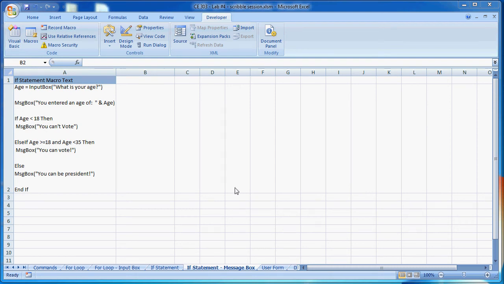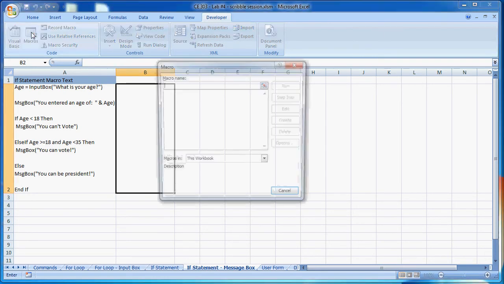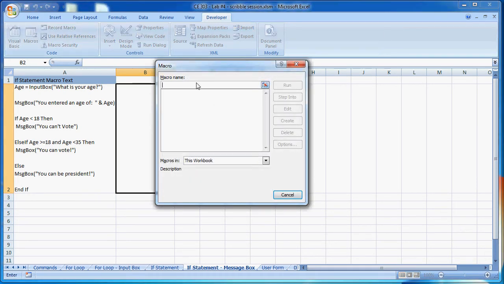In this tutorial we'll show you how to use a message box, and we'll do that in conjunction with an if statement. The if statement we did previously compared text values, and this time we'll compare numerical values. So let's go ahead and get started, and we'll go to creating a new macro, and we'll just type in